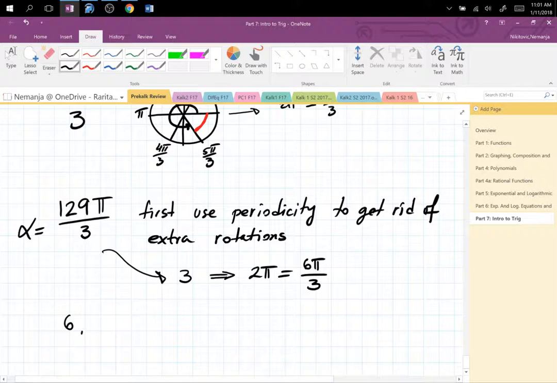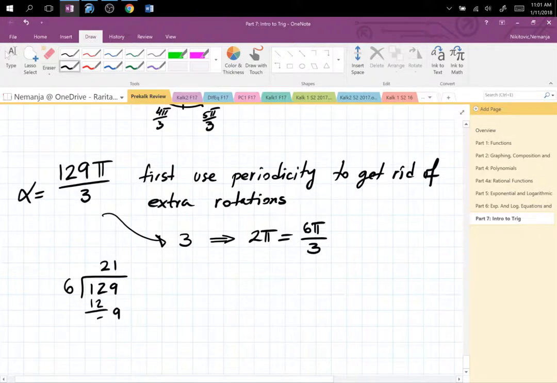So 6 into 129 is going to go 21 times. Right, that's a 12 and then nothing there, and then there is a 9, and the remainder here, 9 minus 6, is 3. So we have 21 rotations,